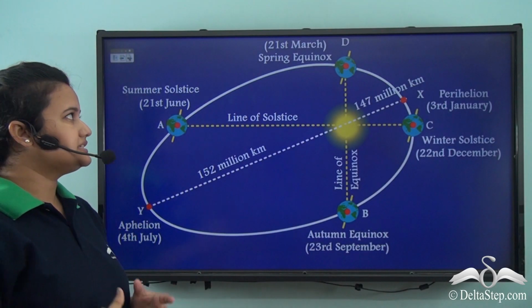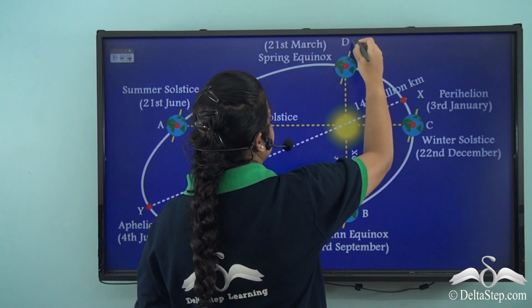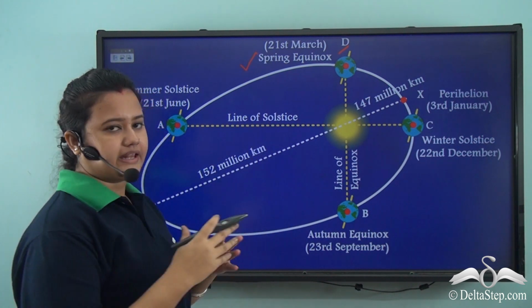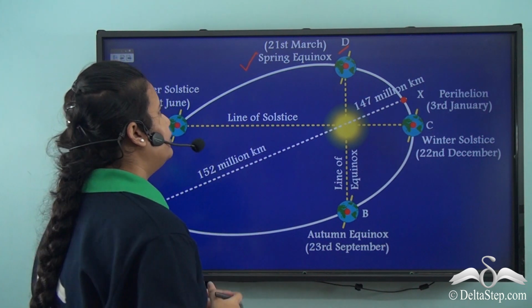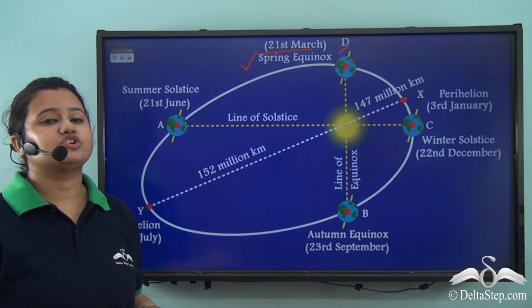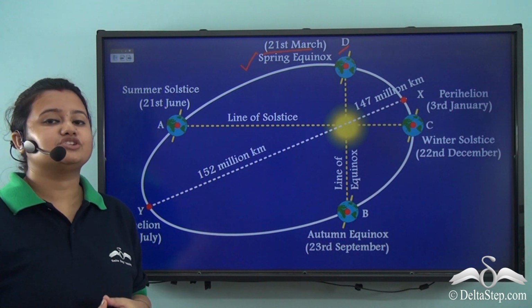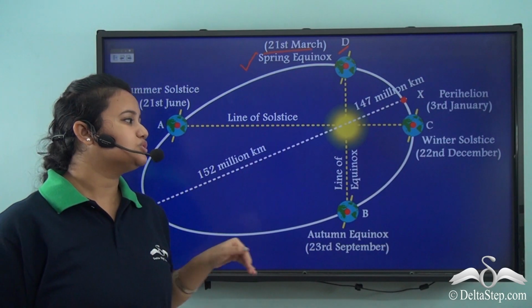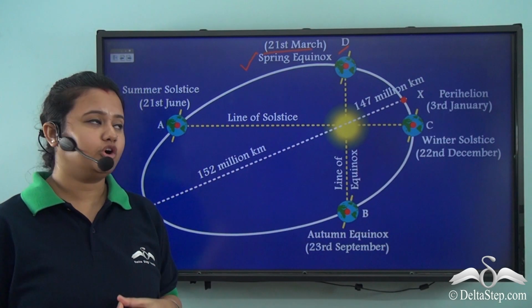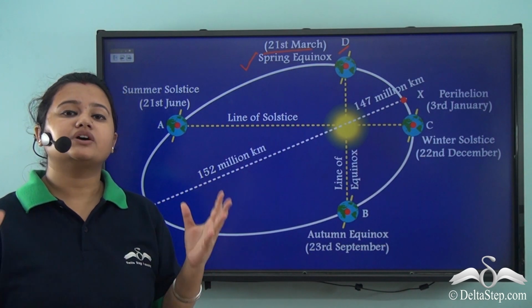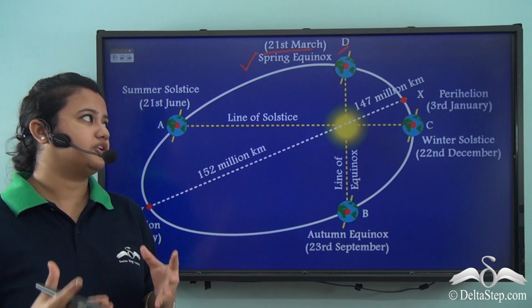So, as we just discussed, at position D, the earth experiences spring equinox, and this event takes place on 21st March. So this entire picture represents different positions of the earth during its revolution around the sun. Initially, we read that due to the elliptical shape of the earth's orbit, the distance of the earth from the sun varies. The closest distance of the earth from the sun is